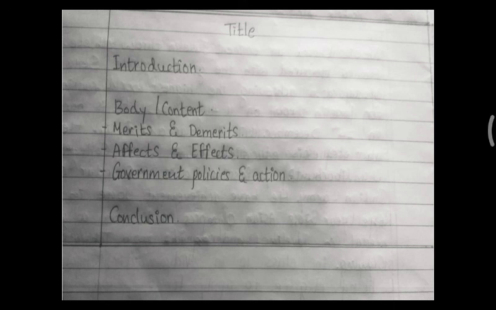How can you start? You can start with some proverb or some saying that someone has said, like Mahatma Gandhi said, "Do or die," or "Give me your blood, I'll give you freedom." If the topic is related to that, then you should write it. Don't write unrelated proverbs. Write the related proverbs. Then leave a line after some 4 to 5 lines of introduction.